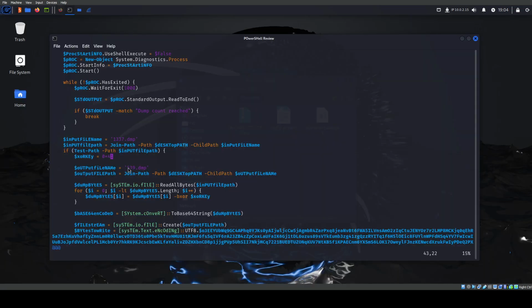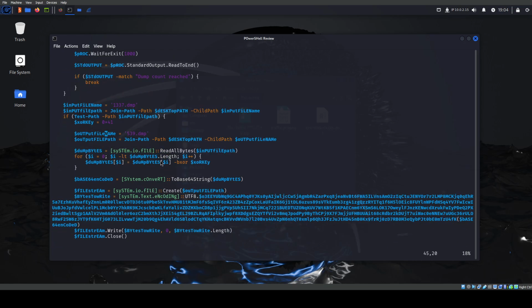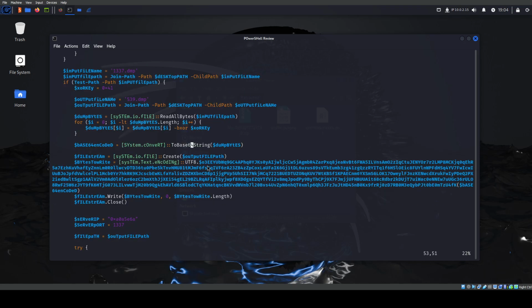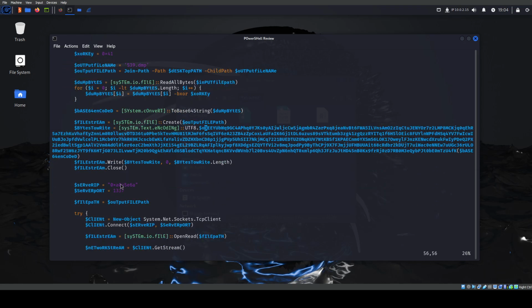So XOR key, and then it takes this file, output file name, and then it goes through the XOR process right here. That's a base64 encoding right here, and it writes the file,